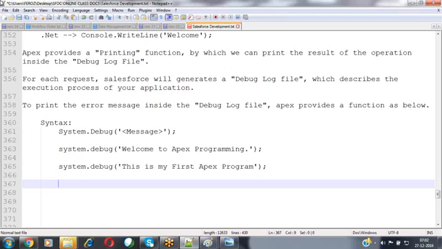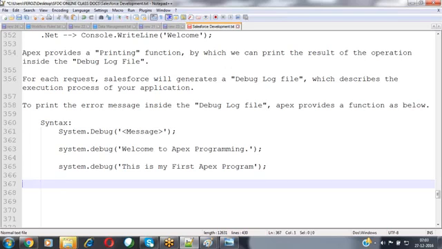So these are the various fundamental building blocks available inside the Apex programming language, which we need to use in order to write our code. In tomorrow's session, we are going to discuss how we can write the code, how we can compile, how we can execute, and how we can see the result here. From tomorrow onwards, it is purely practical concepts, the programmatic part.